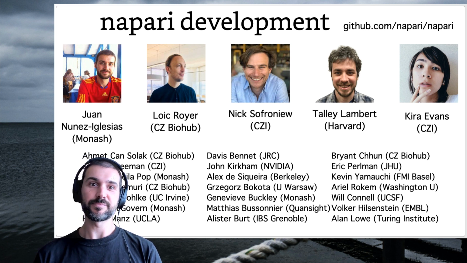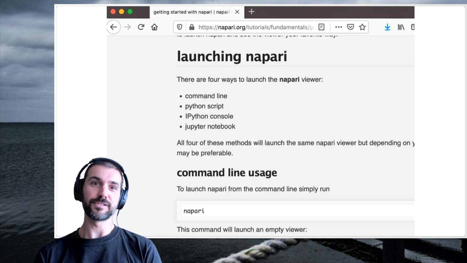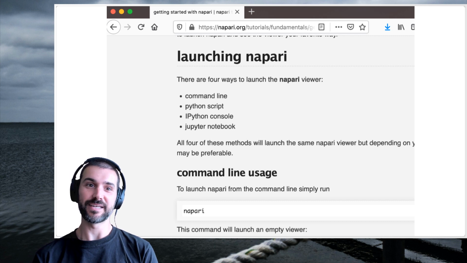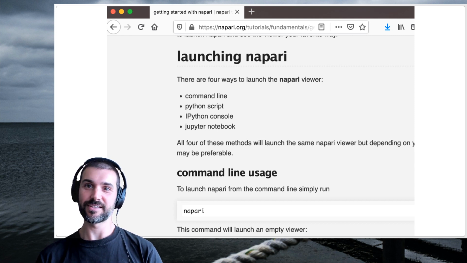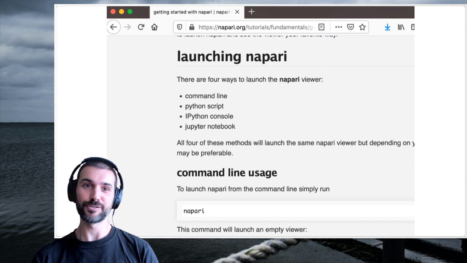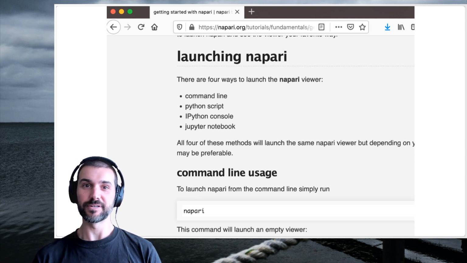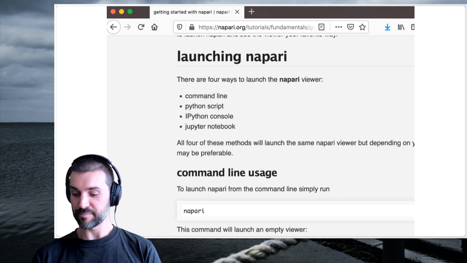Now, in terms of where Napari is at, it is still a Python tool, and so you will want to use Napari if you're already using Python. You don't have to be a great Python developer. You can just use Python a little bit to try different analyses. Then Napari will be really good for you to look at the steps of your analysis. But if you don't know Python, it's still a bit hard, but we do